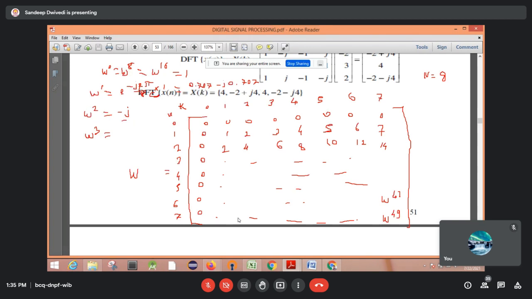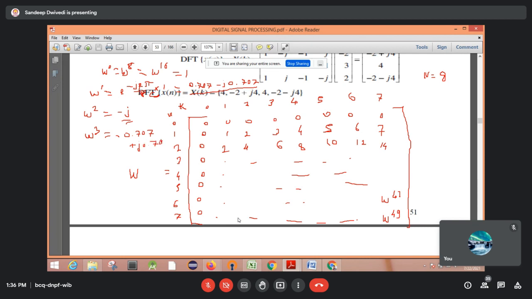देन 2 का भी w raised to power 2 प्लस 8 कितना होगा 10, so w raised to power 10, w raised to power 18, w raised to power 26 all have value minus j. Then w raised to power 3, so 3 के लिए अगर कैलकुलेशन करते हो so same value you will get, just sign change है, okay. So here it will be minus 0.707, then plus j same value 0.707. Okay, so this value is there.